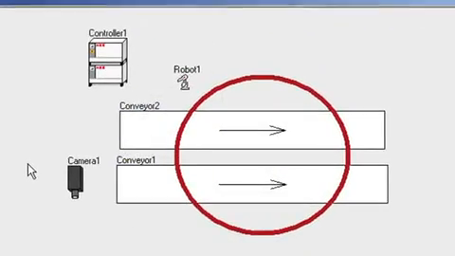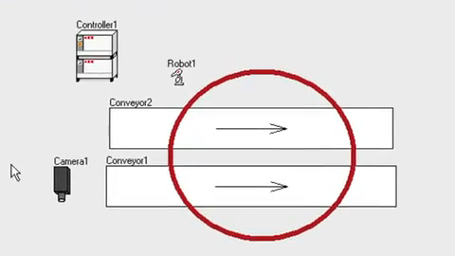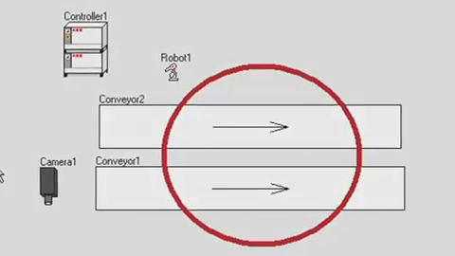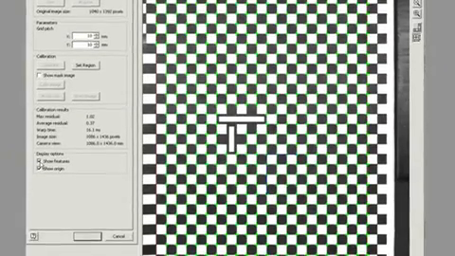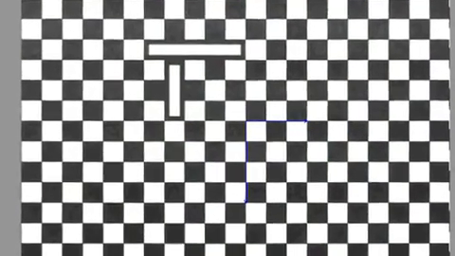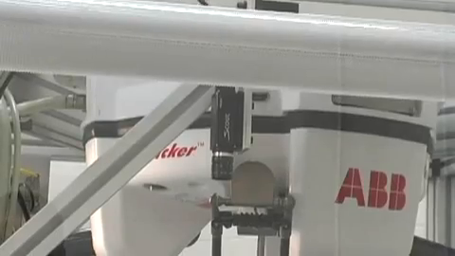In this case, we have 2 conveyors, 1 camera, and 1 robot. Now that we've created a line, the next step is to calibrate the camera to the first conveyor. The camera is calibrated using a grid that has special features for determining the origin of the X and Y axes. The size of the blocks let us know the actual size of the parts, as well as their location